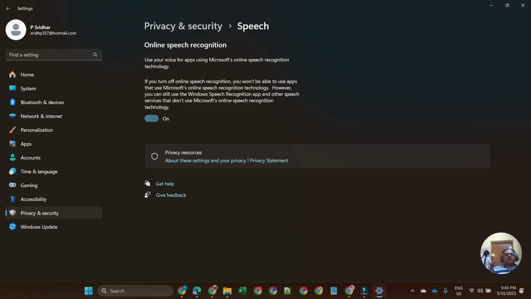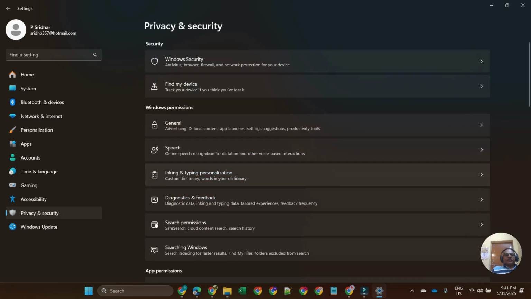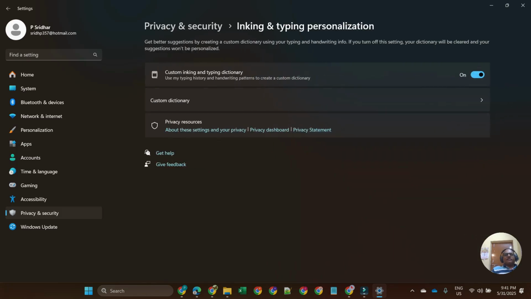So you can disable it or enable it like this. Okay, since then you can also use speech recognition, but Microsoft won't be able to listen. And the third one is inking and typing. Okay, you can use your custom dictionary. So whatever you will be typing, that will be